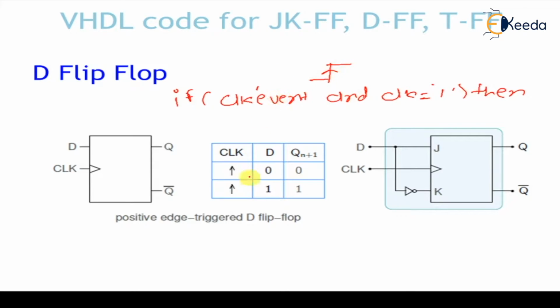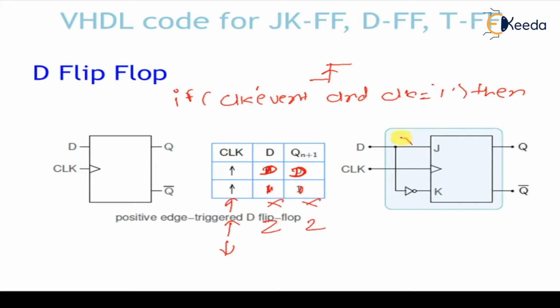Once the clock edge is there, Q will follow the value of D. Whatever the value of D, 0 or 1, it will follow as it is. If it is 1, then it is 1. If it is don't care, it will follow don't care in the case of a rising edge. If it is high impedance, it will follow high impedance. But in case of a falling edge, it will retain the previous value.